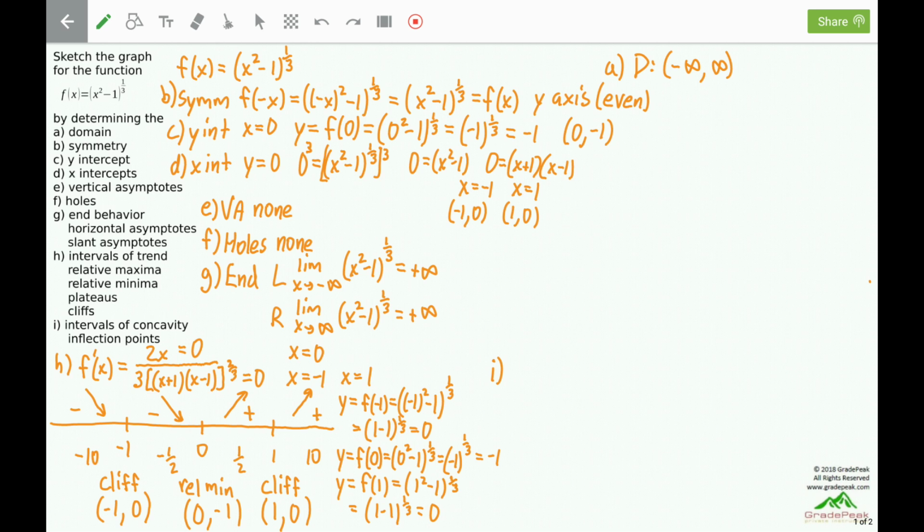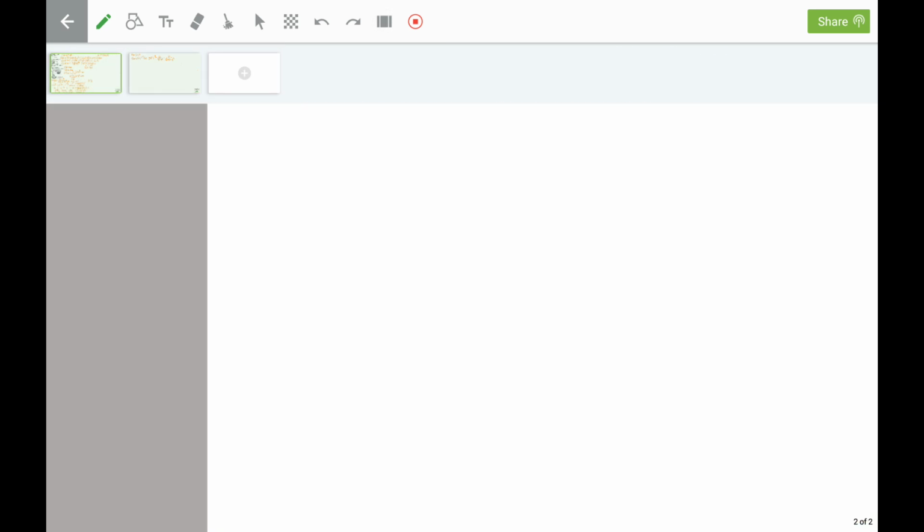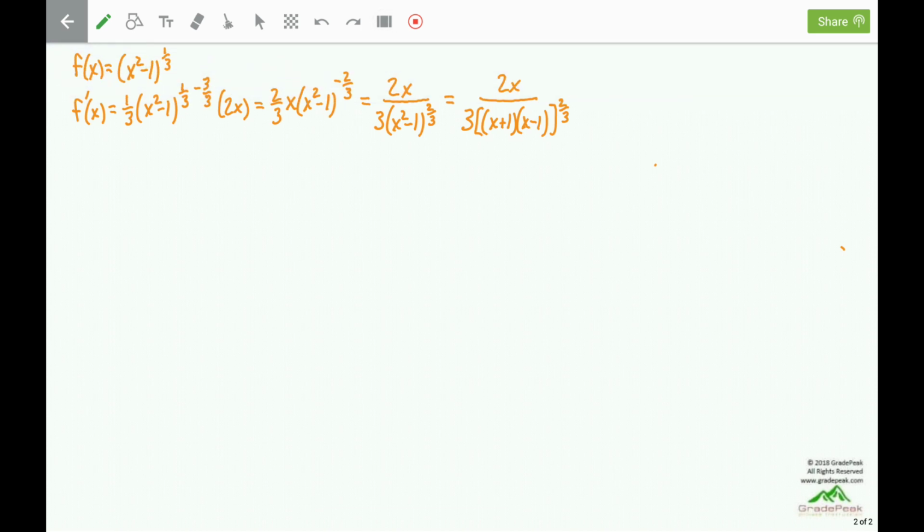For part I, we want to determine the intervals of concavity and any inflection points. All of this will require the second derivative. We can work that out on the other page. F double prime of x equals. It's best to take it from here,